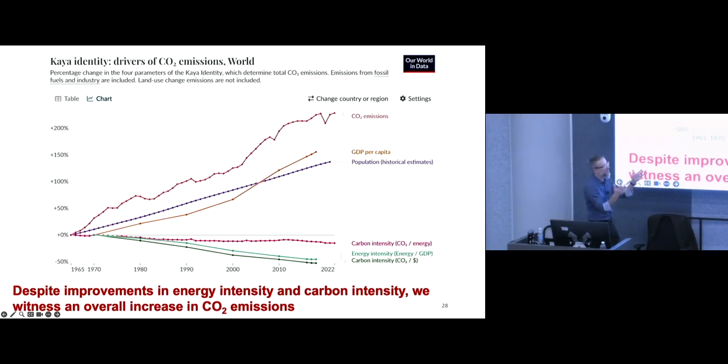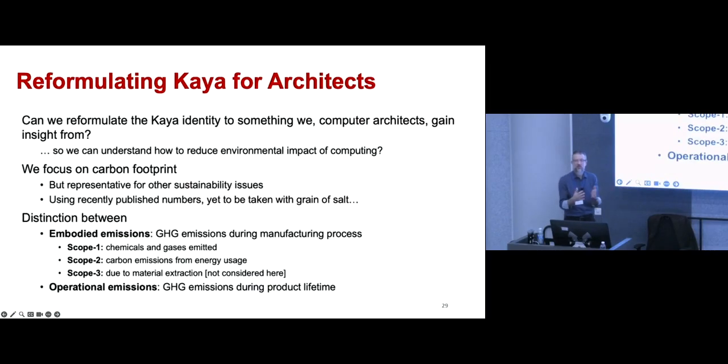But if you add up everything, we end up with an increase in CO2 emissions, and that's why we are where we are today with the global warming problem. So the question I asked myself: can we reformulate this Kaya identity for us, computer architects and computer scientists, to reason about? And I've come up with